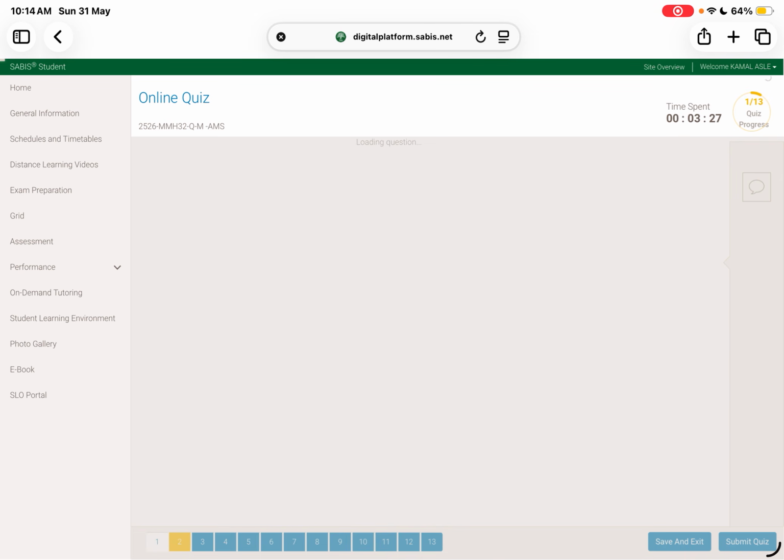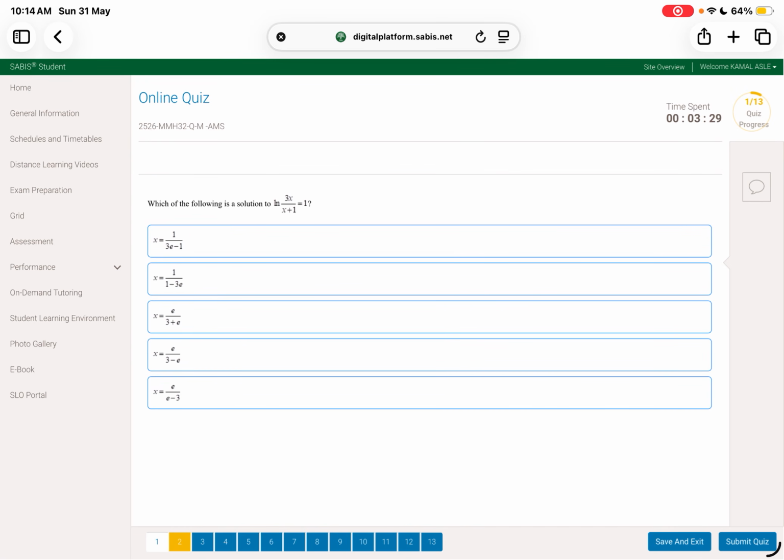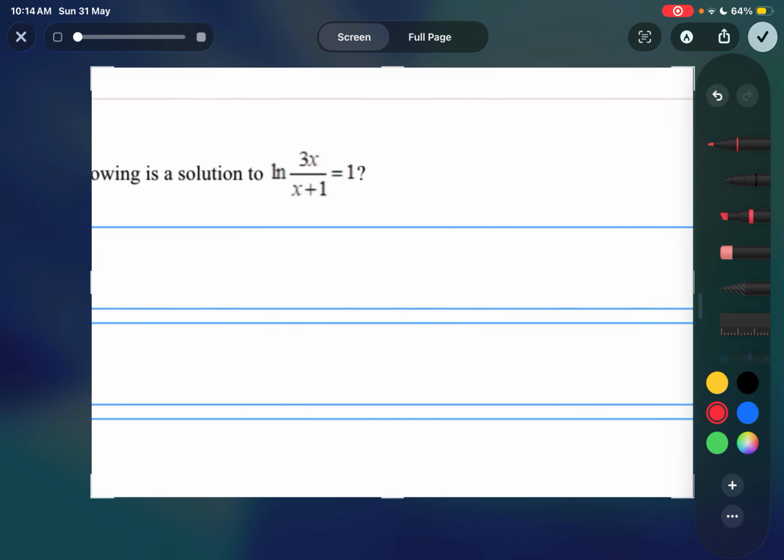Okay, now moving on to question number 2. Which of the following is the solution to ln of 3x over x plus 1 equal to 1? Okay, so when you have ln of something equal to 1, or any number, you can immediately think of e. You know, e is a number like pi. So you can immediately make it